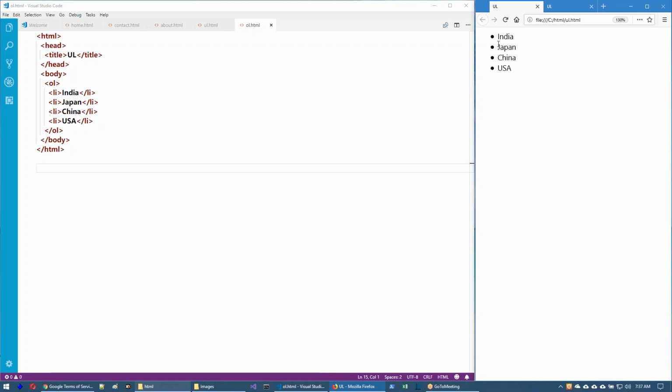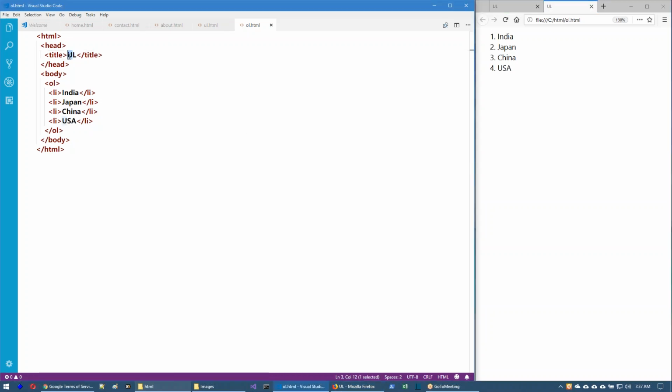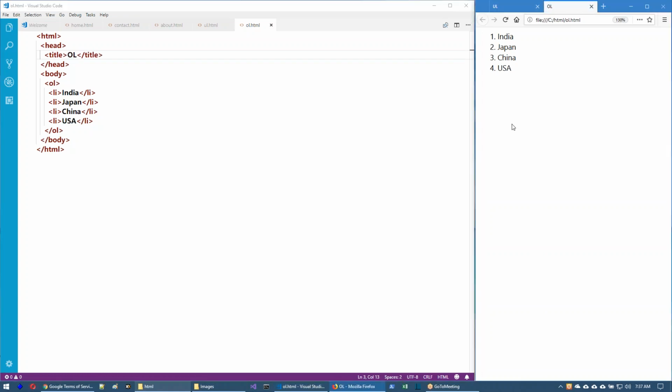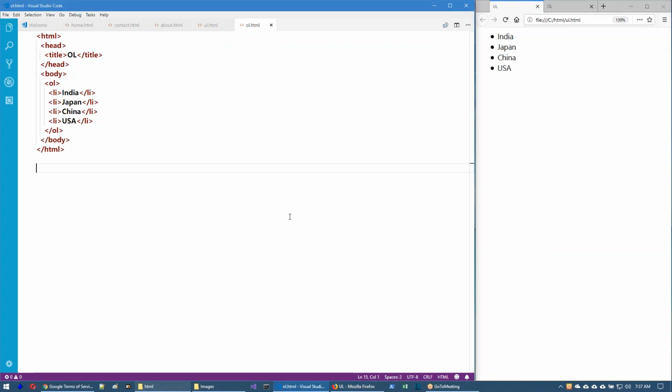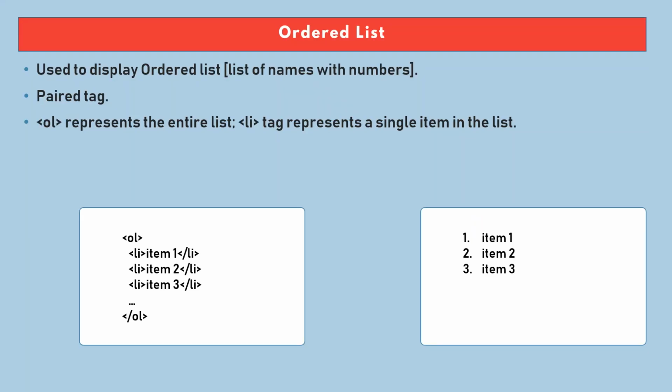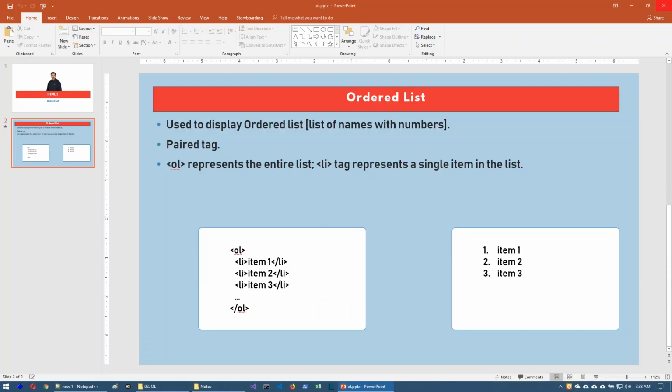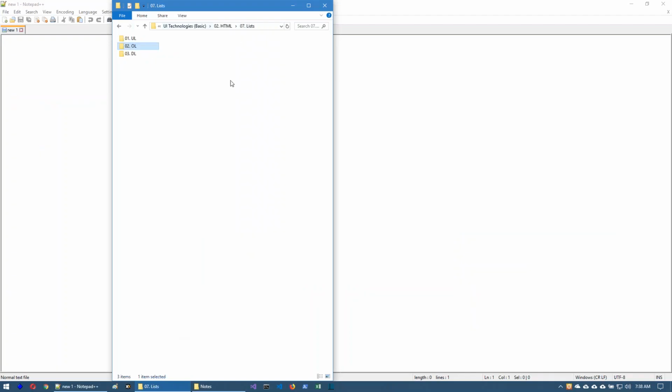So you can check. If you want the bullets, UL. If you want the numbers, OL. That's all. But how to change the number type or bullet type, that I will demonstrate in the CSS, not here. Next one,